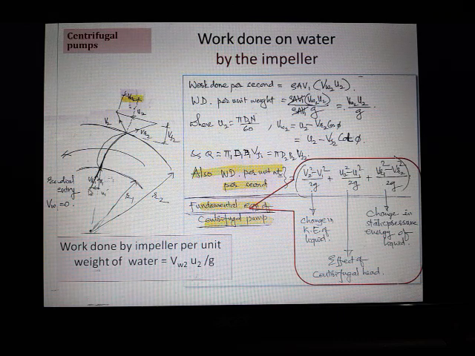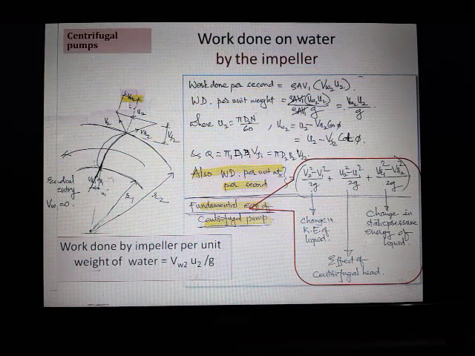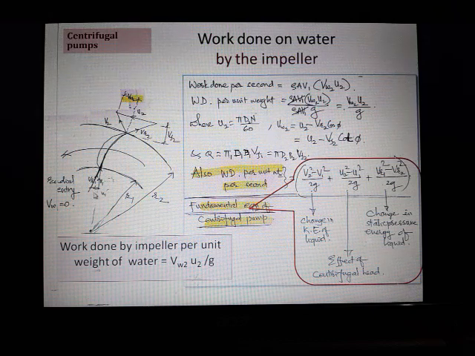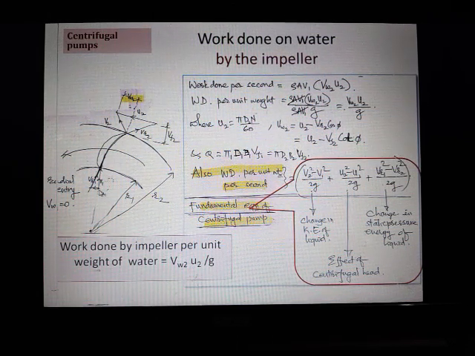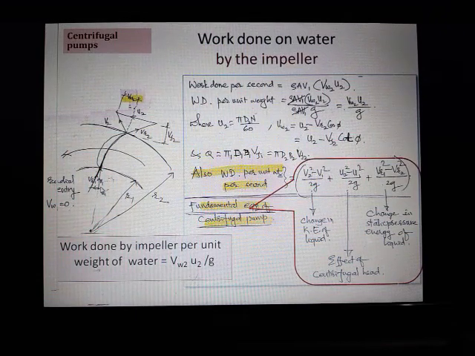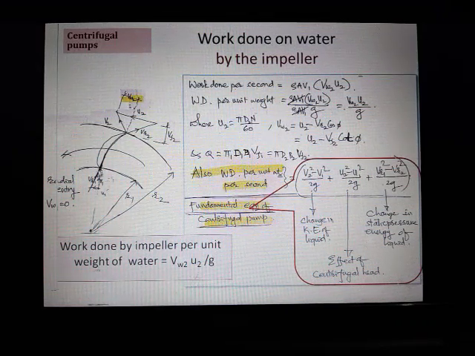In the inlet velocity triangle, in line with the vane, whatever velocity is there, that is relative velocity. The angle at this particular point will obviously be theta. Now it is being rotated in an anti-clockwise manner, that's why there is u1. Because of r1 distance and omega, u1 will be r1 omega. So this is u1, and here also the equation holds good: u1 plus vr1 will be equal to v1.